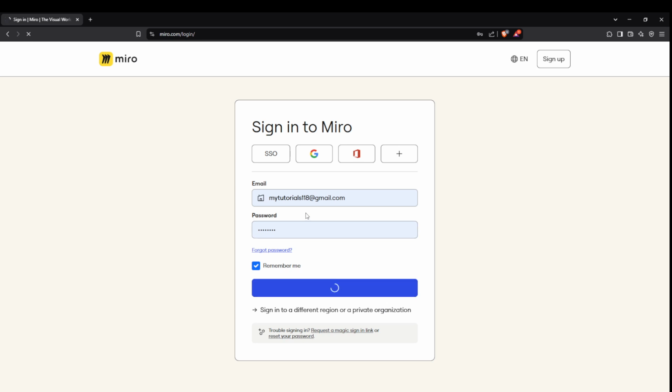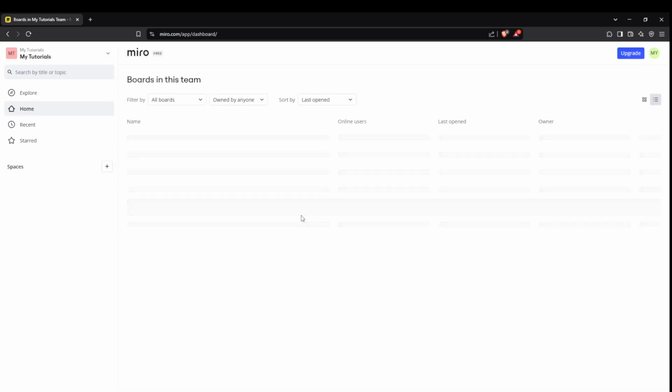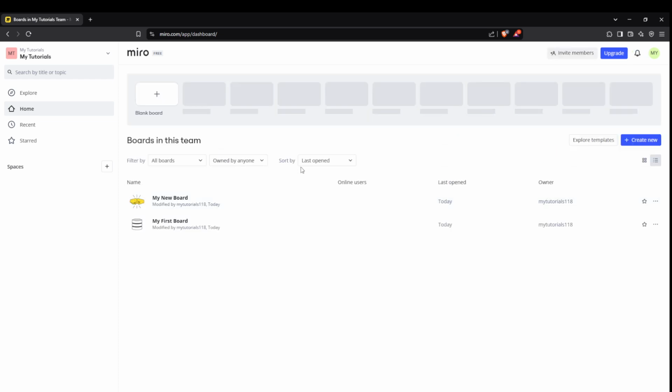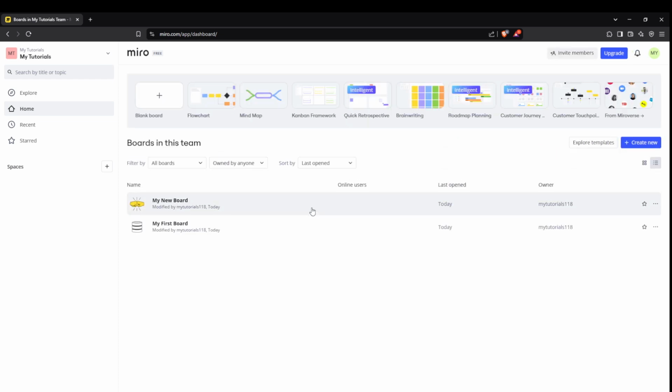You have the option of signing in with your email address or using your Google account if you're looking to streamline the login process. Most people often find the Google option quicker if they have it connected to their Miro account, so it's a handy tip if you're frequently using Miro. Once you've logged in, you'll need to continue by clicking on Continue with Email if that's your chosen method. This action will keep you securely signed into your account and direct you to the dashboard where all your boards